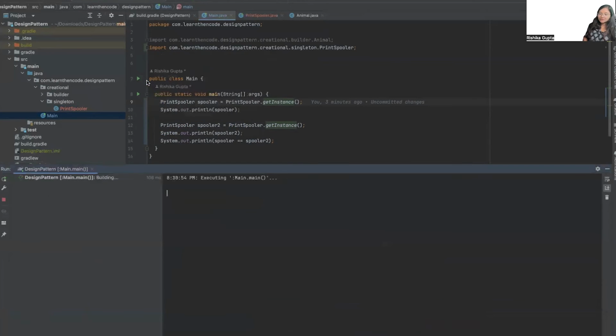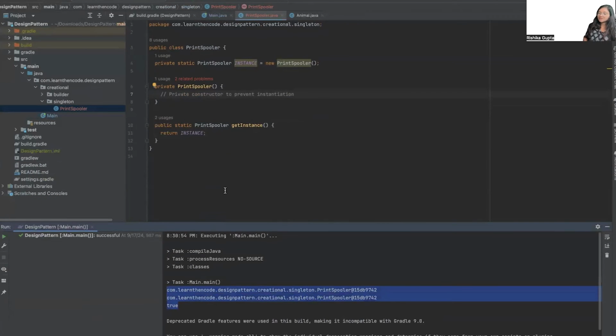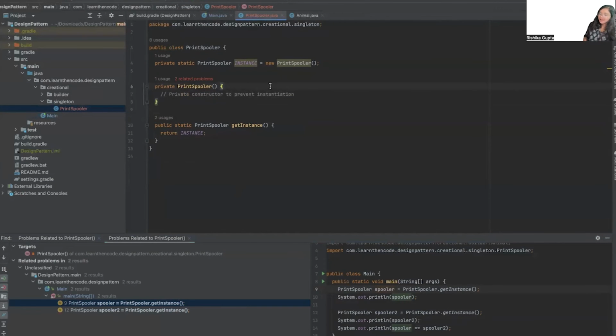Now let's try to run this. The response is same. So this way of initialization is called eager initialization. This is simple and thread safe, but we are creating object even if we might not use it, which can be inefficient in terms of resource usage.